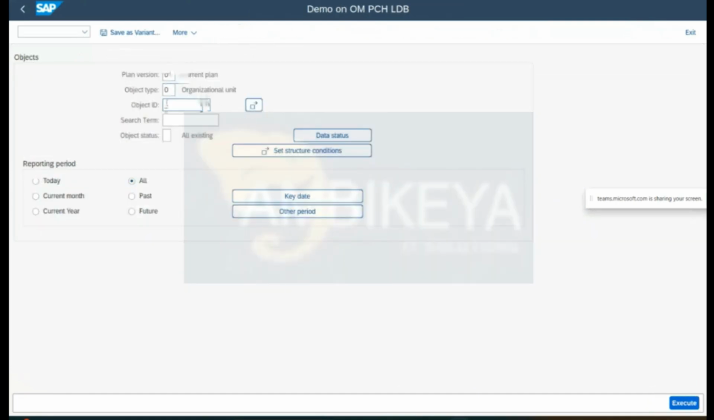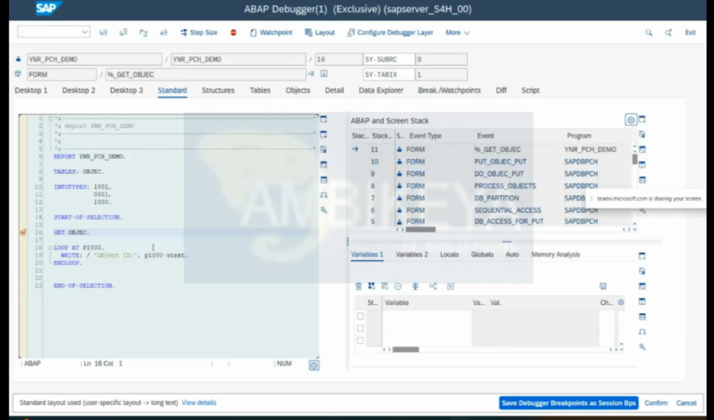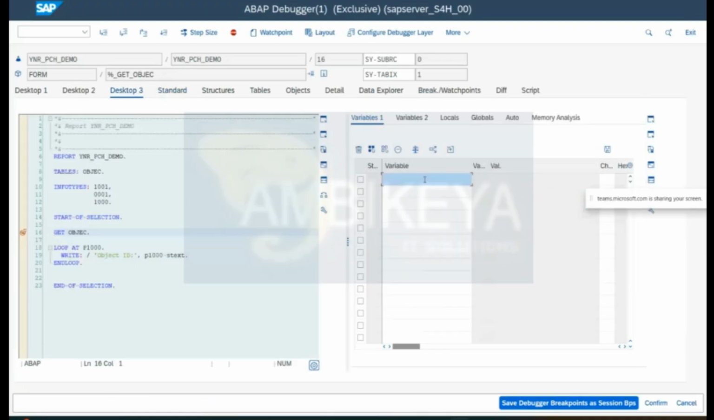Right now I'm not giving any object ID. I want to execute only position. So what will happen? This will bring all the positions, active or inactive, with this date. It will bring it. So PC Begda, you can see that PC Begda is,